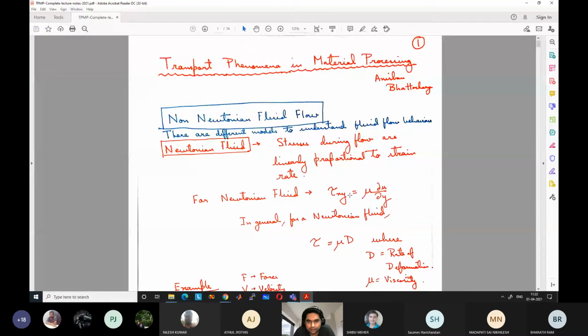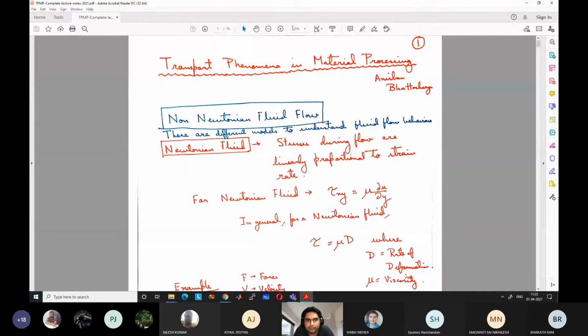Like you throw a cricket ball at it at very high force, the ball will bounce back. But if you just drop the ball slowly, the ball will sink in the material. So the behavior completely differs depending on the force applied. Anyway, let us formally start this discussion by quickly describing what is a Newtonian fluid, which I guess all of you already know, just like a revision for us.